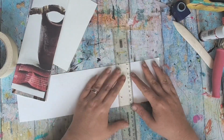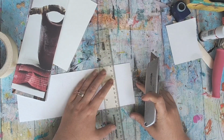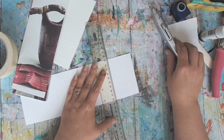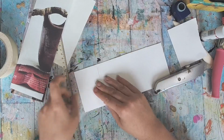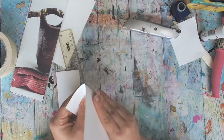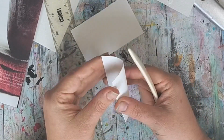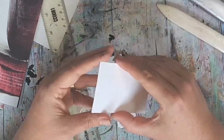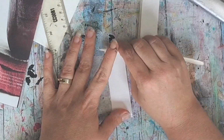Okay, so now I'm going to take a piece of white paper and I'm going to cut out 2 pieces that are approximately 5 centimeters wide. So I take those 2 bits of 5 centimeter width paper, fold them in half, crease them, and then I